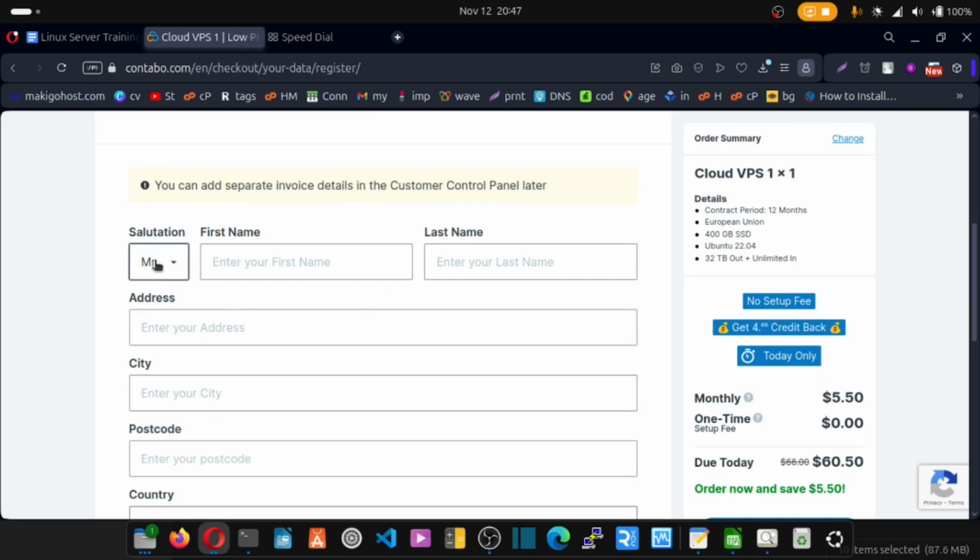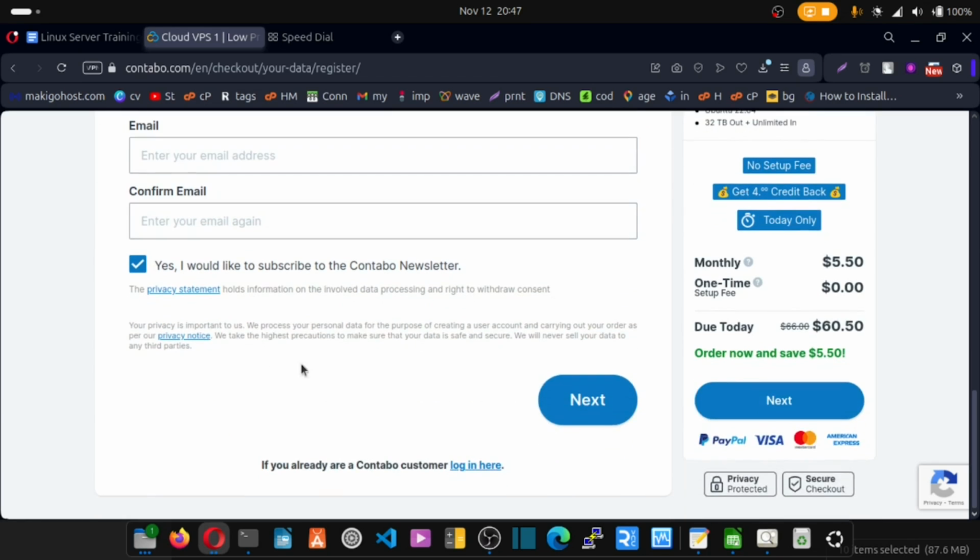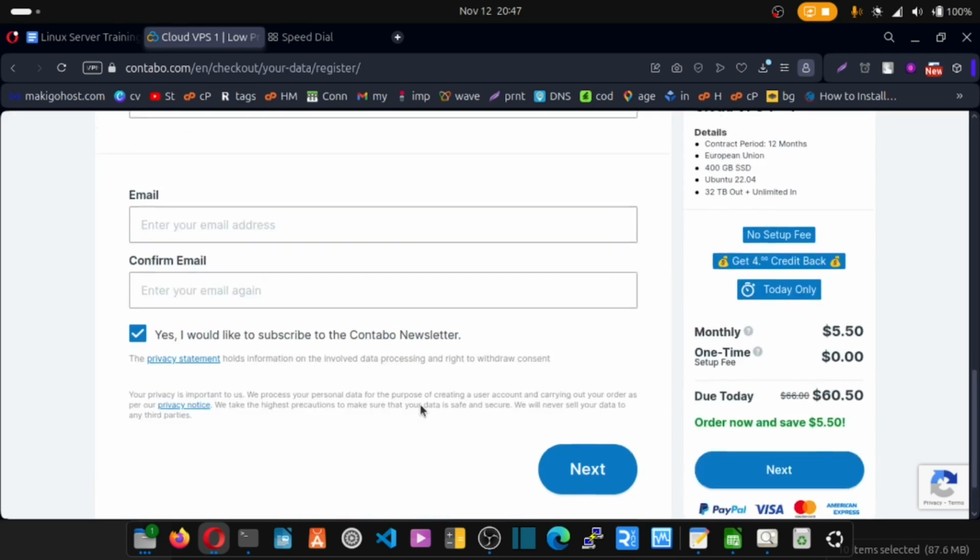Go down, enter whether you're a Mr. or Mrs., how do you want them to address you? Fill in your personal information, scroll down, enter your email, confirm, and accept. After that, just click on next. And you will be asked to enter your billing information, either PayPal or you enter your card details, and that's it. Your VPS will be